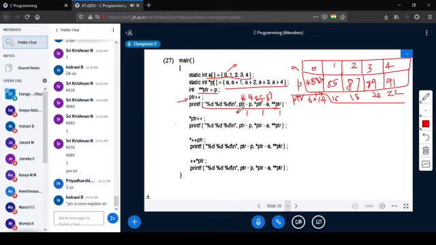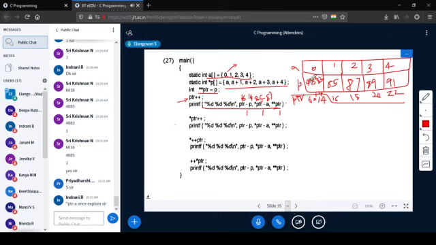Okay, I'll explain it again. So PTR minus P. Since PTR is incremented, PTR is 6016, from 6014 to 6016. So 6016 minus P, which is the address of P of 0.